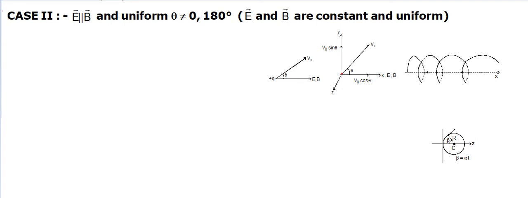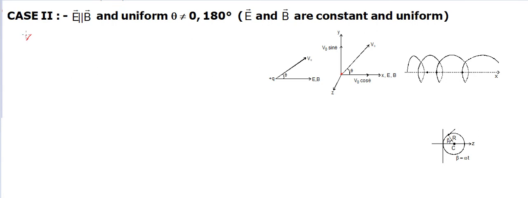So let it start from the origin, and then we need to know what the path of the particle is going to be and what forces it is going to be subjected to. We have talked about if there's an angle theta which is neither 0 nor 180 nor 90, then we can make two components of this velocity. Here the two components of velocity have been made, one along the horizontal direction, another along the vertical direction, and the values are written over there. These two will influence this: there will be force because of the magnetic field, and the electric field is also going to apply a force. So we can say there are forces in different directions.